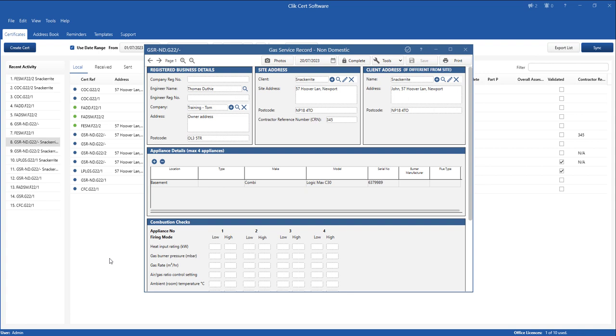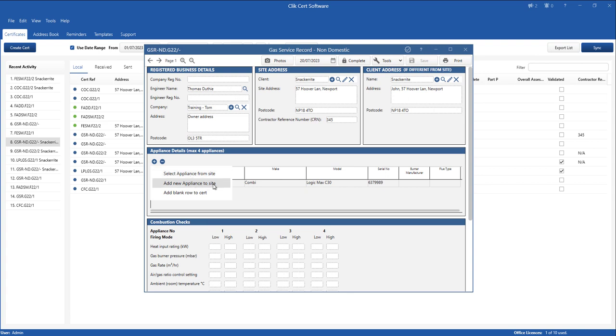You can also save appliances to site addresses within a certificate. Now, I've gone to a different certificate type for this, and you can see here we've got appliance details. At the moment, I've got one on there, but if I hit the plus icon on here, I can choose from a previous one that I've saved, so select appliance from site, or I can add a new one.